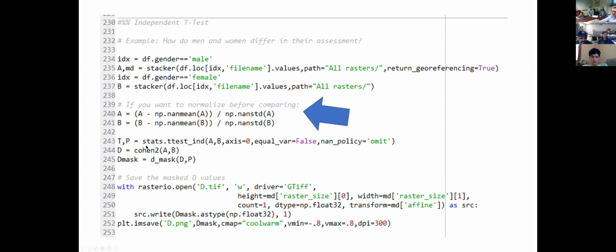So you're pulling in the SciPy stats library. You're running an independent t-test. You're passing it those different stacks A and B, and then all you have to do is say axis equals 0, which means I want you to calculate these, squash it on the vertical dimension, and run it that way. So it's a single line of code to run t-tests on a three-dimensional raster, which is great. So that's the beauty, I think, of working in NumPy versus if you had to do this in Arc, it would be a nightmare code. It would suck. So that's cool.